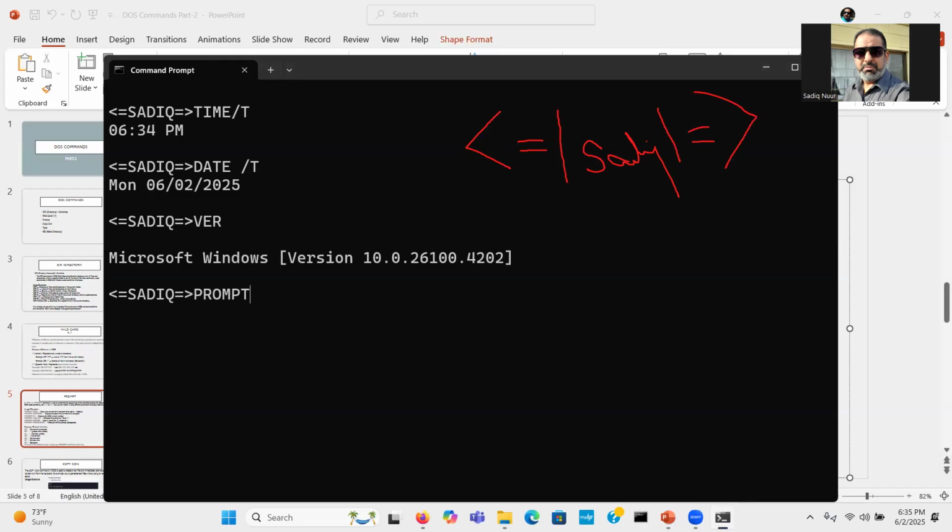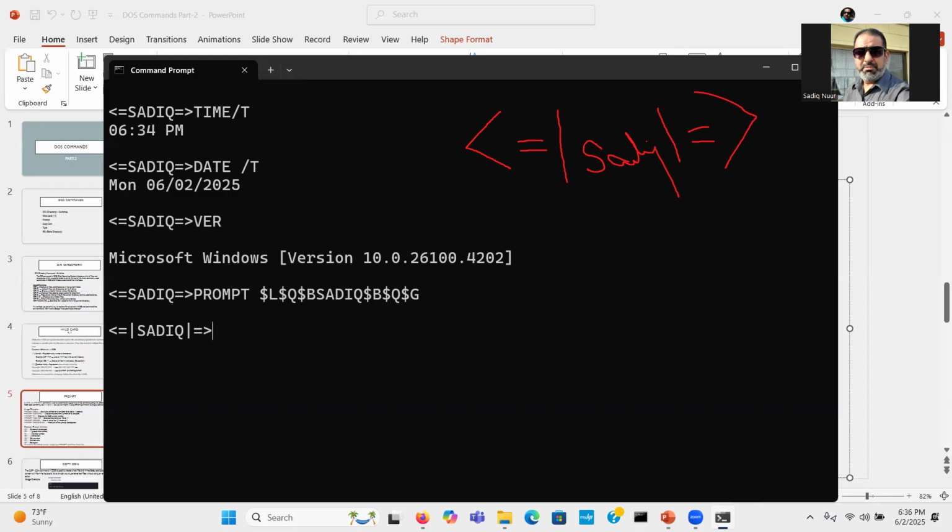So you're gonna type prompt and $L for less than, don't give any space, $Q for equal, $B, and then my name, $B, $Q, and then greater is $G. Okay,